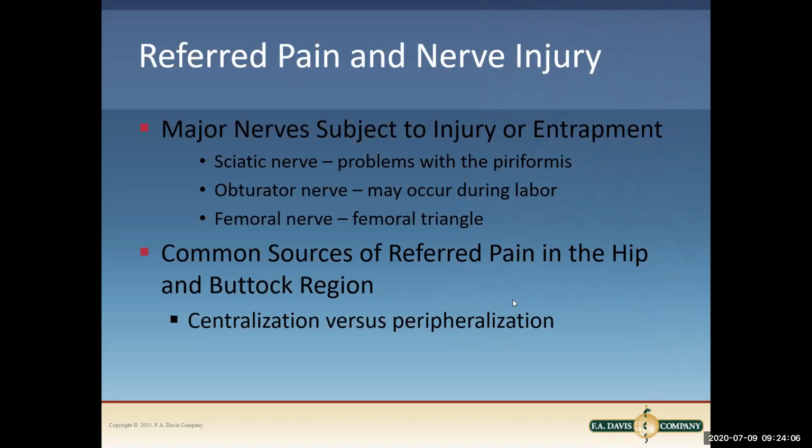If at any time during your treatment you have peripheralization of symptoms, you've got to stop treatment and let the PT know. This includes adding TENS or IFC to somebody that's maybe low back pain or hip pain. If you put that TENS unit or that IFC unit on the patient, and all of a sudden they're like,